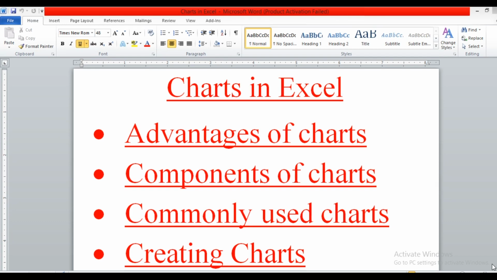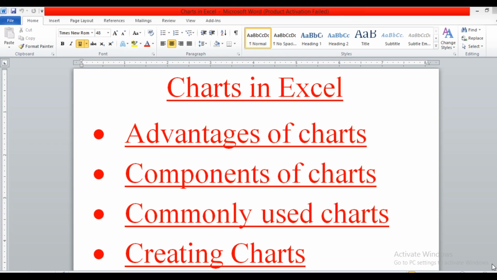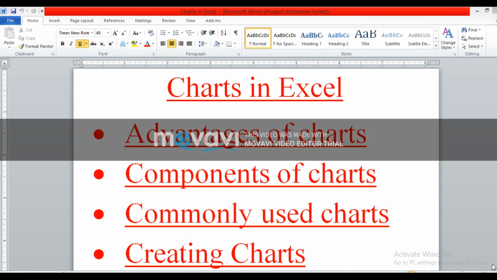Now the next component of the chart is the chart title. Basically it is the descriptive text that appears at the top of the chart, known as the title of the chart. When we give the description of the chart, that is known as the title of the chart. The next component we are going to discuss is the legend.